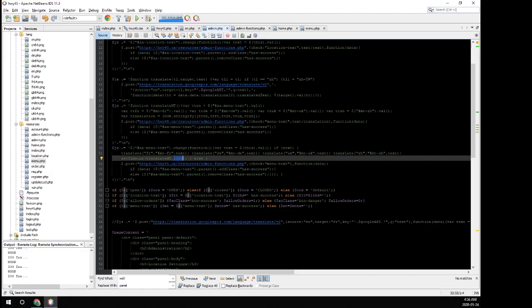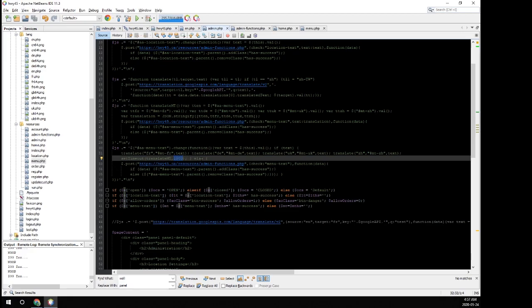And because they're going to an external site, doing something and coming back, it takes a little bit. So I've set it for 1 second. I initially tried it for 1/10 of a second and it wasn't enough time. So I set it to a full second and that's enough time. It might not need that much, but I always like to rather be safe than sorry, so that's what I've